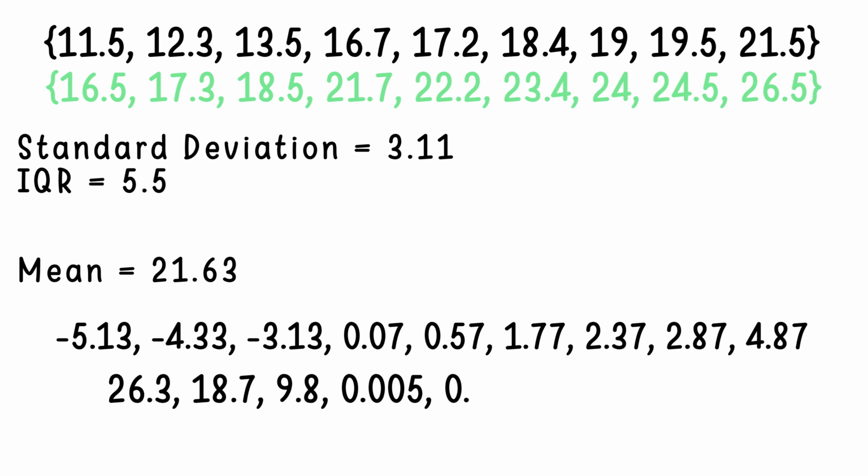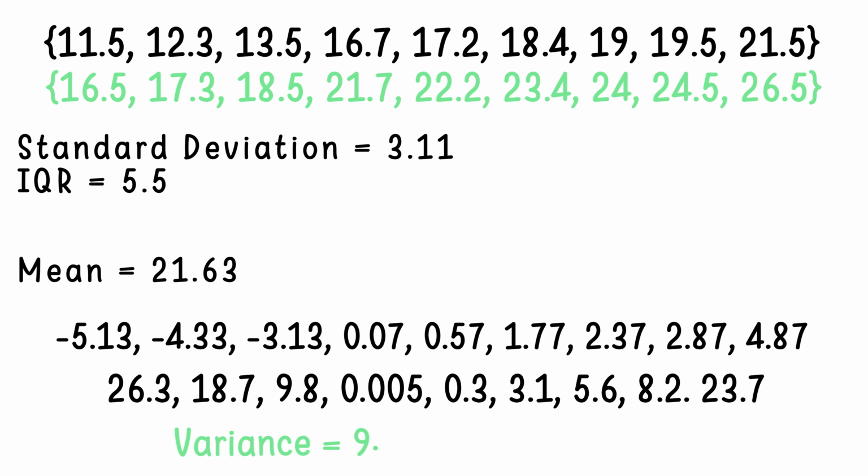Then we have to square each difference, and that produces the following set. When we find the mean of this new set, or the variance, we get 9.67. So to find the standard deviation, we'll just take the square root of this variance, which gives us a standard deviation of 3.11. And we can see that this matches the original standard deviation,